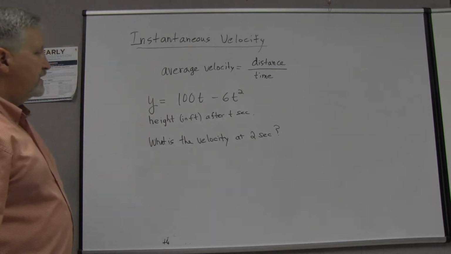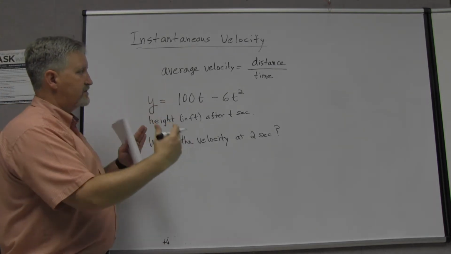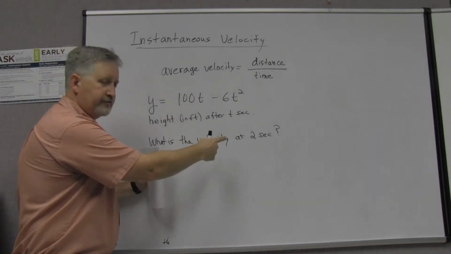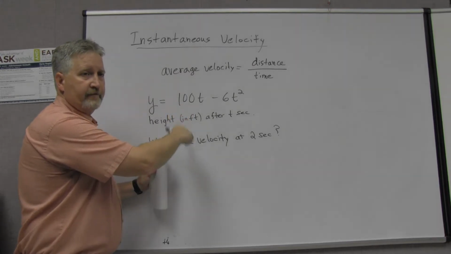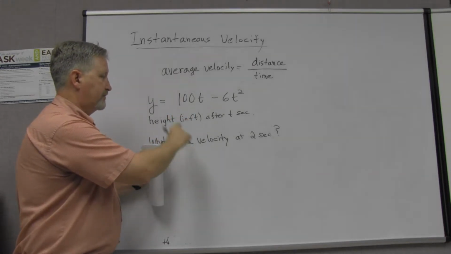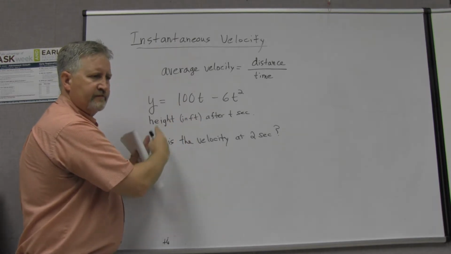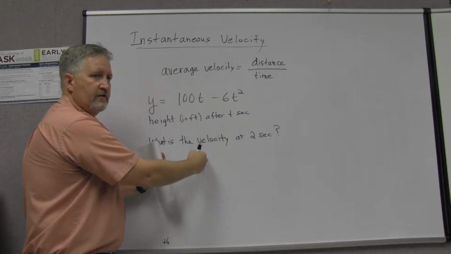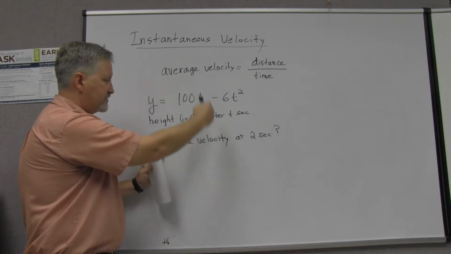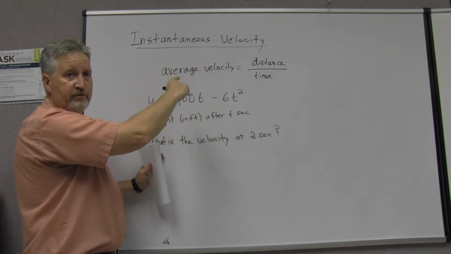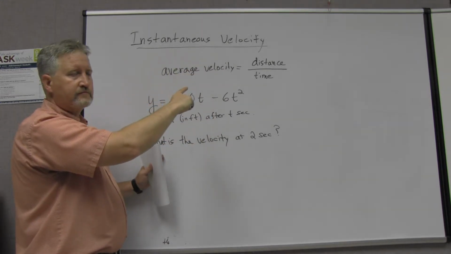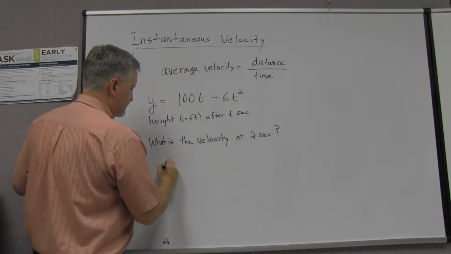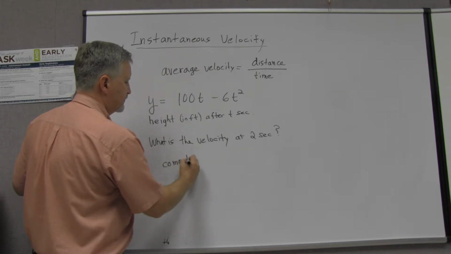to compute this. And so what that means is, I'm going to have to not only take the height at 2 seconds, but go a little further up, or back, I guess. You can back up too, but generally they go from 2 seconds up. So I'm going to have to go from 2 seconds out to another number of seconds. That gives me another height, and so I can compute the average velocity. You see what I'm saying? So to find this, I'm going to compute average velocities